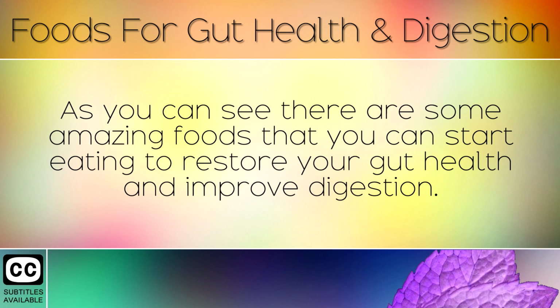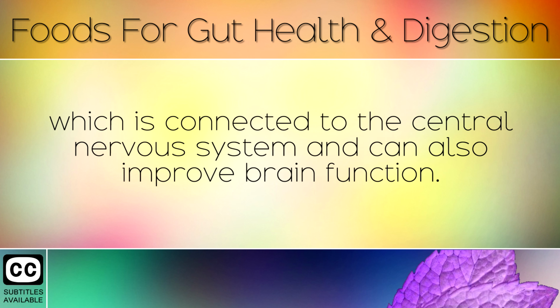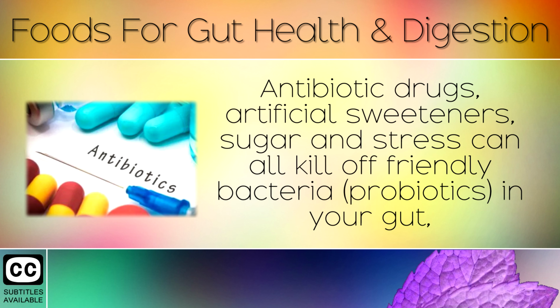As you can see, there are some amazing foods that you can start eating to restore your gut health and improve digestion. The fermented foods in particular help to feed friendly bacteria in your gut, which is connected to the central nervous system and can also improve brain function. Antibiotic drugs,